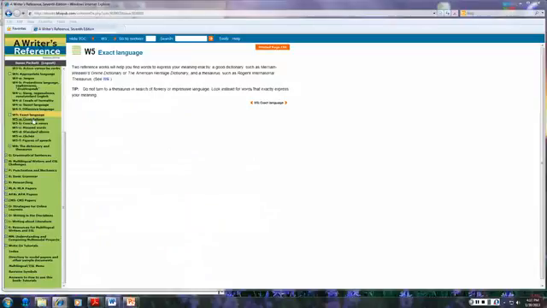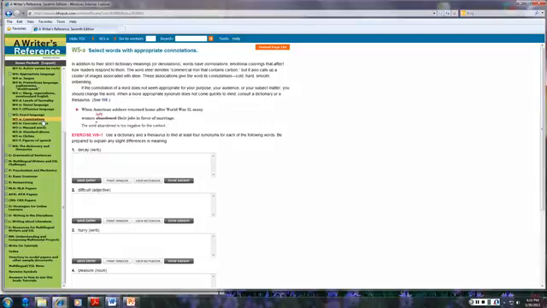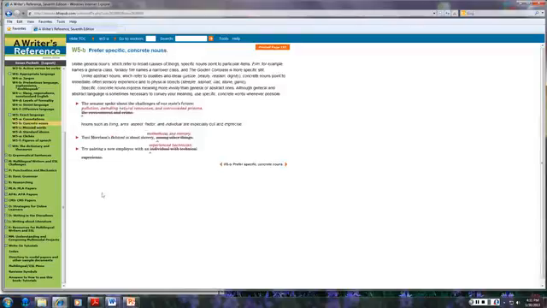W5E is exact language. Connotations are the meanings that we associate with words that are not in the dictionary. Be aware of the kinds of connotations that words may carry with them. Concrete nouns means we want to choose things that help us see, or allow our reader to see, specifically what we intend. We don't want things that are vague. We don't want generalities. We want something that is specific.